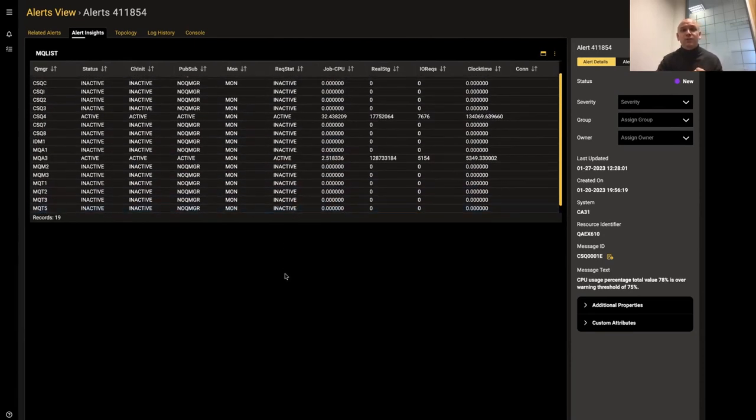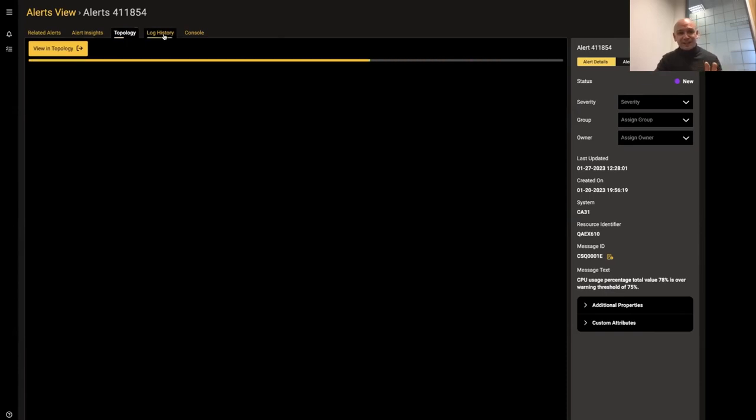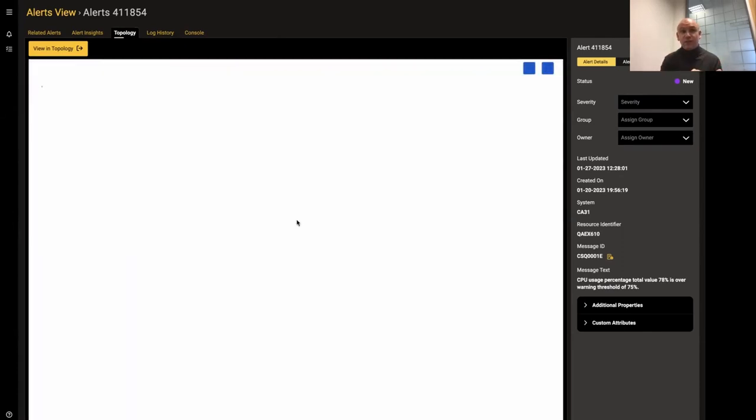This is one of the ways in which we look at reducing the length and complexity of the workflow of an operator by taking them directly to the data points that they need. Matthias spoke about topology. I can't show that integration at the moment. It has been taken down, and the same with log history. What I can say is that when you go to the topology tab and the integration is in place, what you will see is a landing point within the topology diagram of your mainframe estate, centered around the alerting item. Here, of course, you see an error